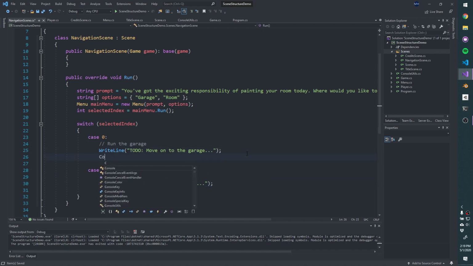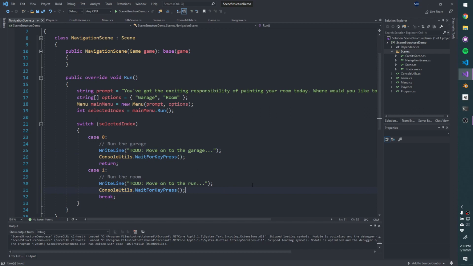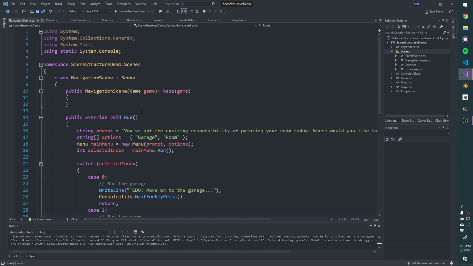And let's also add console utils wait for key press here. So we will fill this in a minute, but we're going to have to create the garage class and the room class before we can actually hook up the logic here. But at least we can go back, now that we have another scene defined, our navigation scene, we can go back to our game,